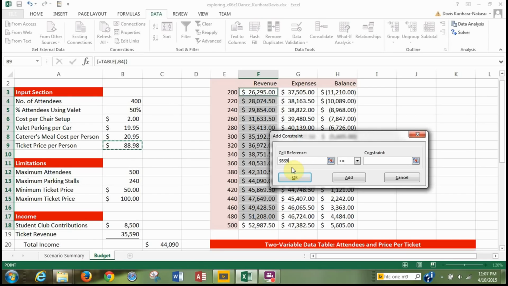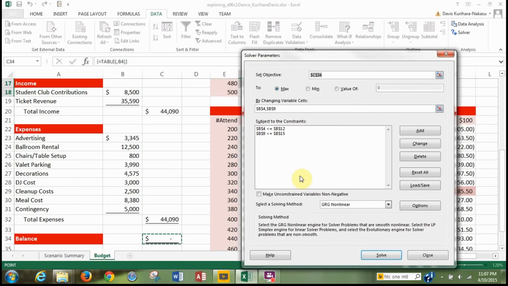So our ticket price per person has to be less than or equal to the maximum. So I already have that reference, and then B9, leave this as less than or equal to, and then the constraint would be the maximum ticket price, B15. We click OK, and so it adds the first half of that constraint for